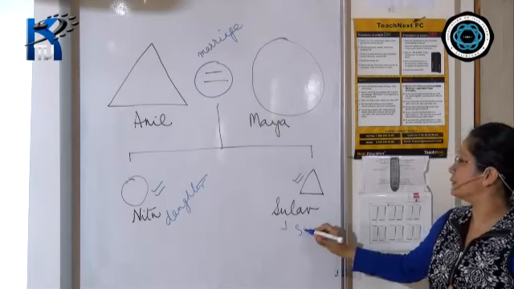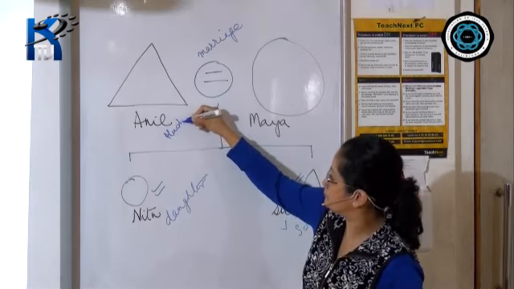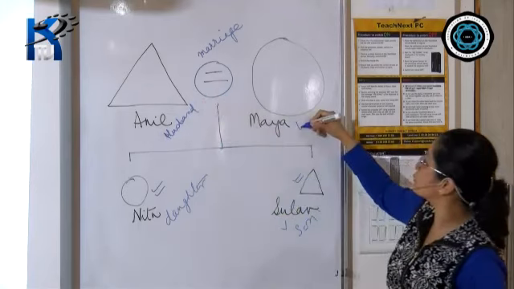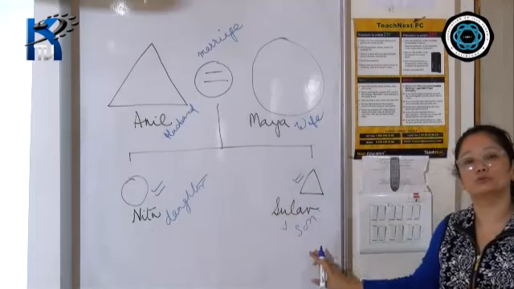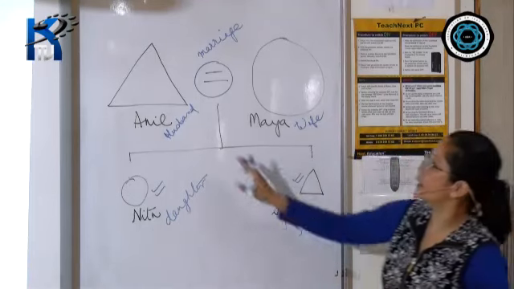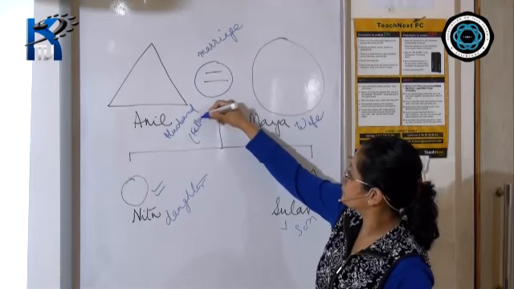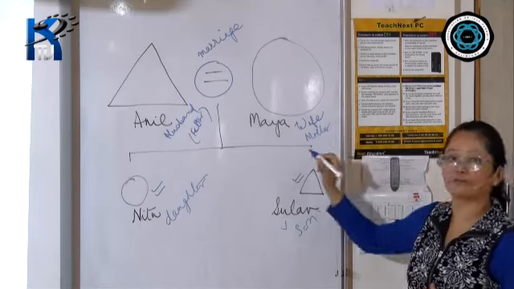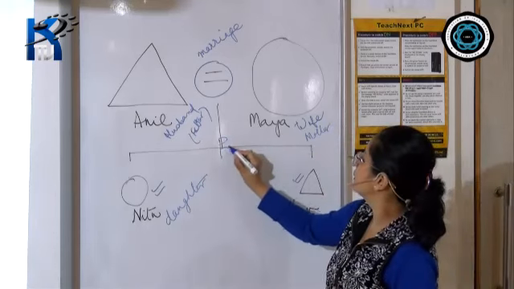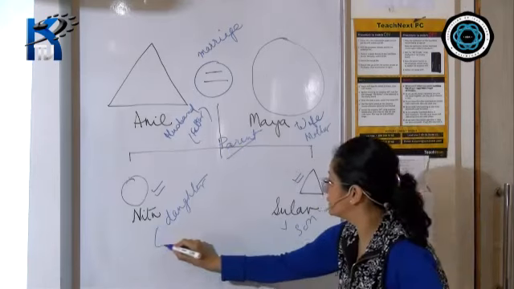Sulabh is the son. Anil becomes a husband, Maya is a wife. But for these two, daughter and son, Anil is also a father. Maya becomes a mother, or if you have to put it together, these two are the parents